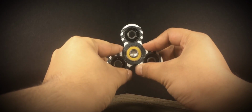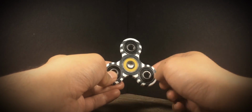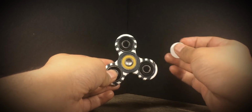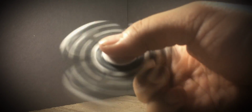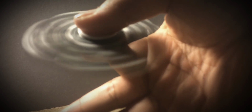And next up, we have the Premium Yellow. Pretty simple one. Has a nice yellow circle in here for a nice design. Now this one does make a little bit of noise, just like the Dark Wolf, and this does spin 3 times longer than the basic bearing. So I'm gonna put on our cap. It's a lot less noisy than the Dark Wolf, but still there's a little bit of noise. If you were to really flick it, you can kind of hear it. I don't think it would be enough to disturb anybody, but